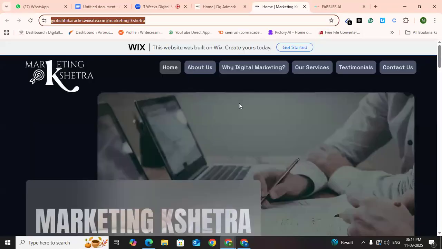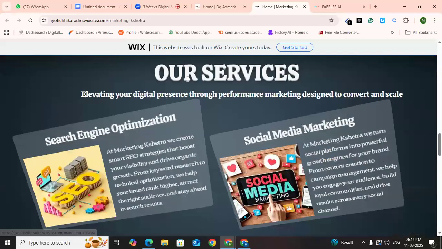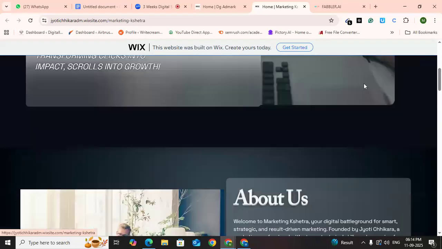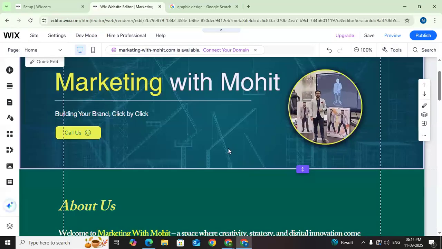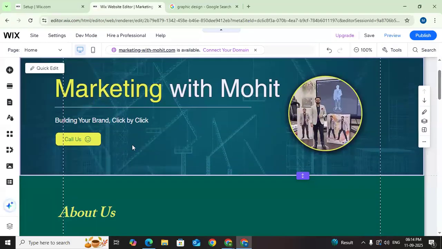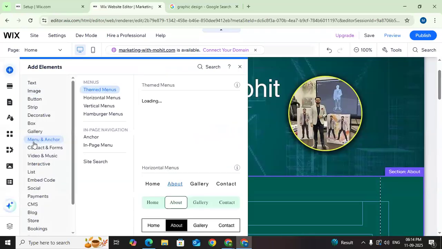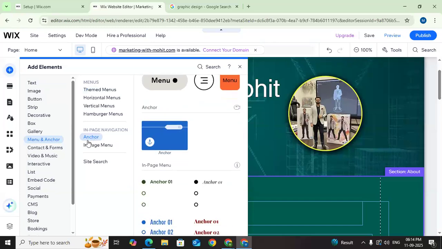Okay, so like here, if I'm clicking on our services, it redirects me to this page directly, right? And if I click on contact us, then I go directly to the contact page. So how we do things here is we go to add elements. We have the option of menu and anchor. Then in the menu and anchor option, we have the option of anchor here. And if you click on this, you will see this blue box kind of. So just click on this